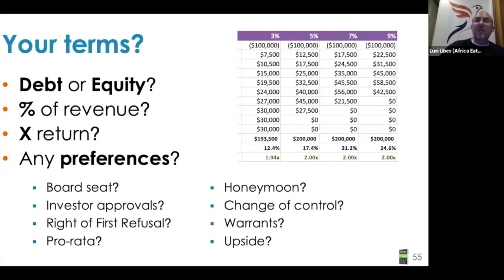This works, but shouldn't be used if you have, in fact, the next Google in front of you. Just invest in them and wait 10 years and let them go public and make a lot of money. You don't need to get payback early on that if you're absolutely sure it's the next Google. Everything else, this works great.